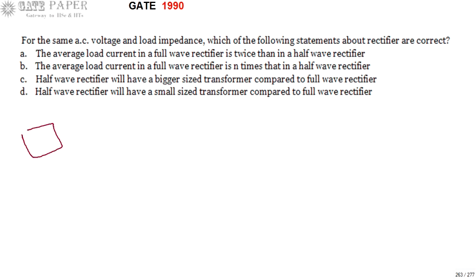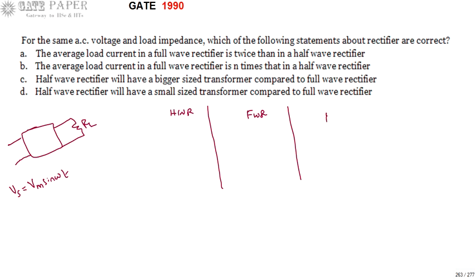This is a rectifier. It can be half wave, full wave with center tap, or full wave with bridge rectifier. If you are applying the input voltage for the rectifier, the input voltage is nothing but the secondary voltage, that I am assuming as Vm sin omega t, because the same AC voltage we have to apply, and at the output side there is a load RL connected. So Vm sin omega t is constant, RL is going to be constant. So in that case we can compare half wave rectifier, full wave rectifier, and bridge rectifier.